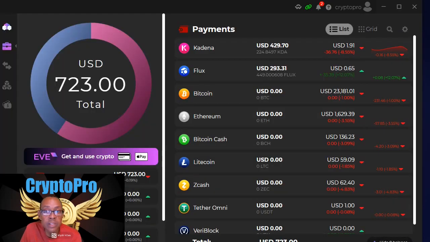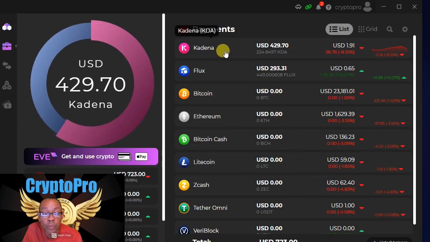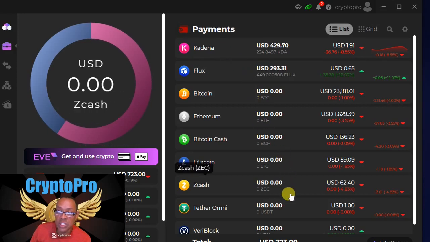Here is the Zelcore Windows app. This is cool. So now I've got my Kaddex that I sent over from KuCoin. And another weird thing, you have to use the K: address. They used to have just a regular address, and now